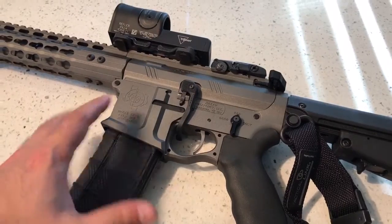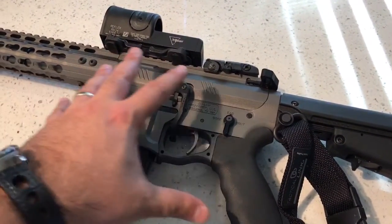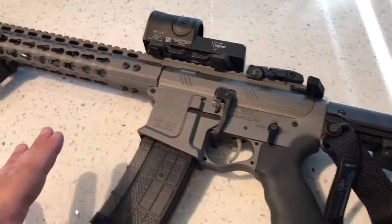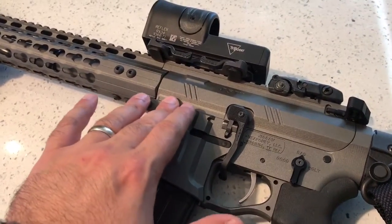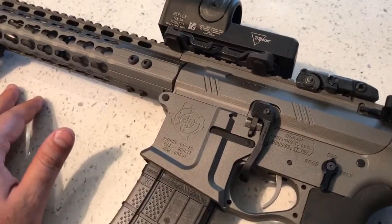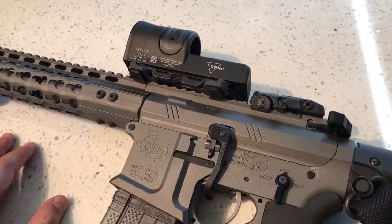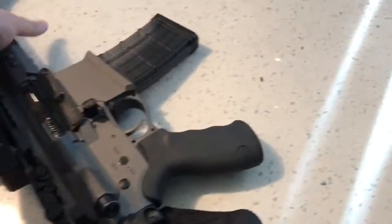I just like the fact that the Jigsaw Weaponry furniture of the gun, basically, all came as one unit. So it all fits precisely. There's no wiggle and there's no play. The finish is really nice. Obviously, it's got a nice texture to it. Flip it over to the other side. I really like the